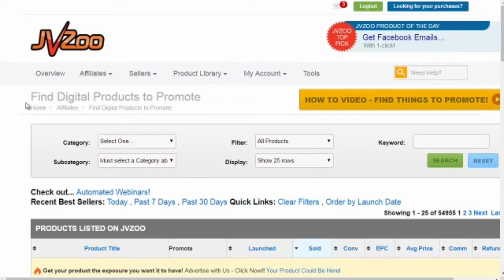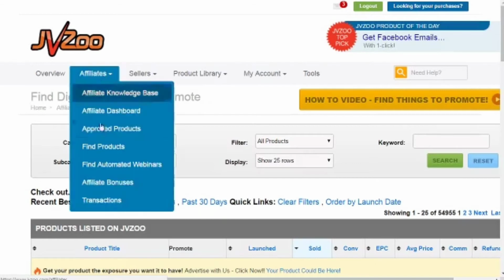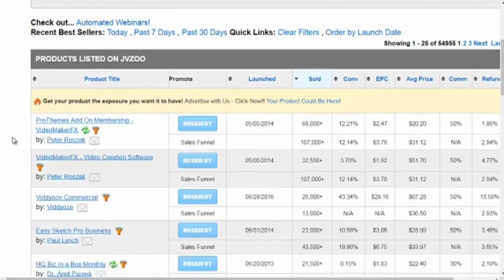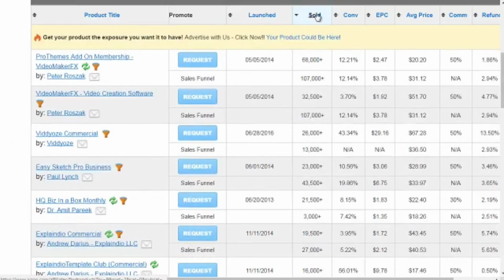Then if you go to the top and click on affiliates and click find products, you will be directed to this page where you'll be able to find digital products to promote. Now, obviously in this case, we're looking for vendors, but this gives us some good data to get an idea of what products are being sold, the conversion rate, the EPC, in other words, the earnings per click, and the refund rate. So if you've got a product that is doing really well, but yet they have like a 10, 25% refund rate or above, then you might want to